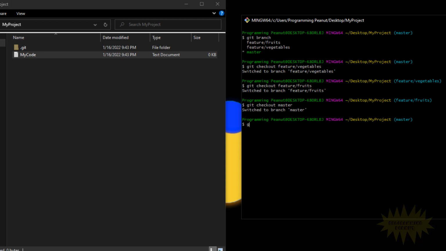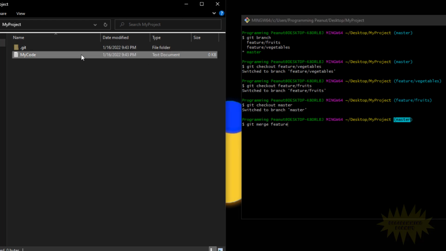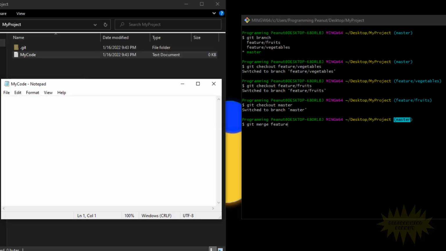And we do that by typing in git merge and then the name of the branch that you want to bring in. So remember, we're on the master branch, okay? It's empty. File's empty. What we want to do is we want to bring in feature/fruits, okay? All right, so we type git merge feature/fruits